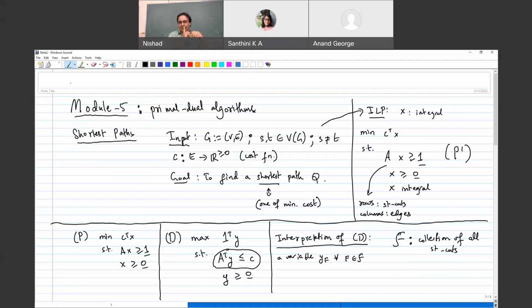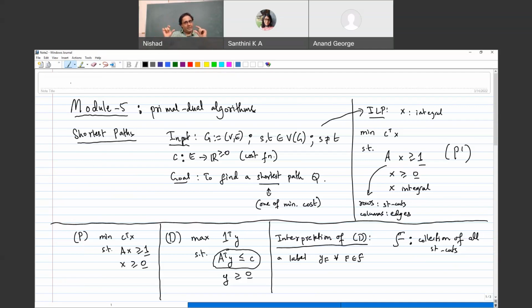Let me call these variables labels. There is a label for each ST cut, which is the dual variable. And the left hand side is A transpose multiplied by Y. So if you think about any row,